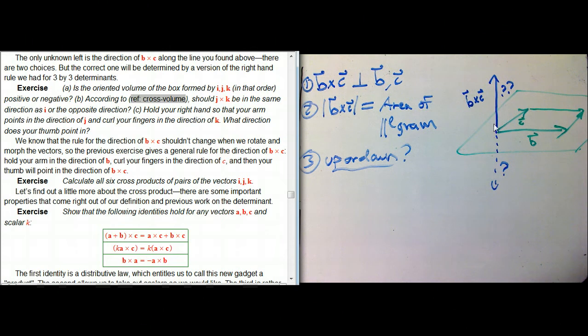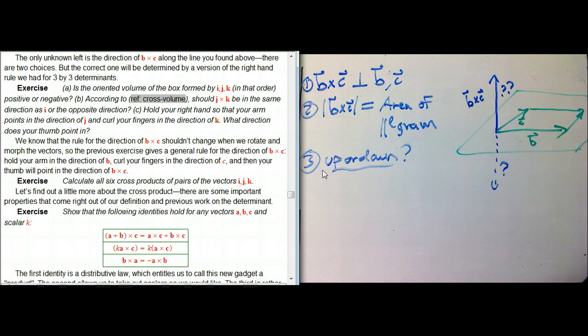So there's a unique normal line to that plane. And the two things we know so far about the cross product is that b cross c is perpendicular to both b and c, so it's perpendicular to that plane, and that the magnitude is the area of that parallelogram, which is very handy. That can be very, very useful. So it's a cool way to calculate the area of a parallelogram in three-dimensional space from its coordinates, because we know the coordinate formula for this as well. Here it's focusing on the geometry, but we know the coordinate formula in terms of that kind of the IJK